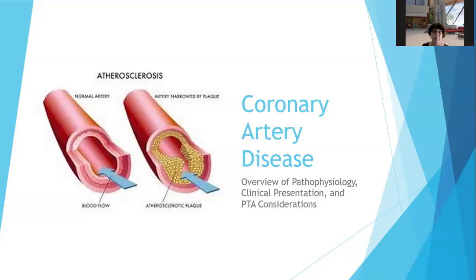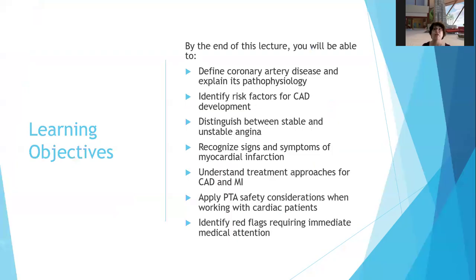So what happens when things go wrong? That's what we're going to talk about. We're going to talk about coronary artery disease, what it is, its pathophysiology, and risk factors. We're going to distinguish between stable and unstable angina and what angina is, and the signs and symptoms of myocardial infarction, understanding treatment approaches for coronary artery disease and myocardial infarction, PTA safety considerations, as always, and red flags requiring